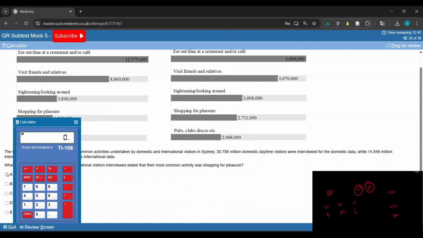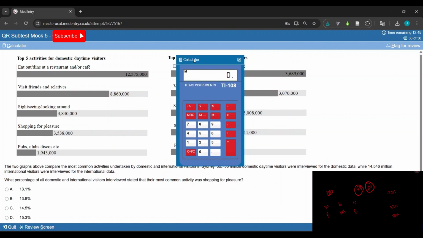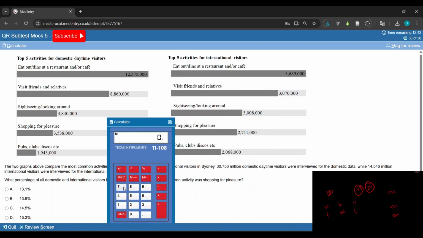What percentage of all stated that the most common activity was shopping for pleasure? Shopping for pleasure, 3538 plus 2711, 6249, and then you've got 30.756. So 30.756 plus 14.546 is 54.3, and what was the other one going to be? So it's going to be 3,538 plus 711, divide this by